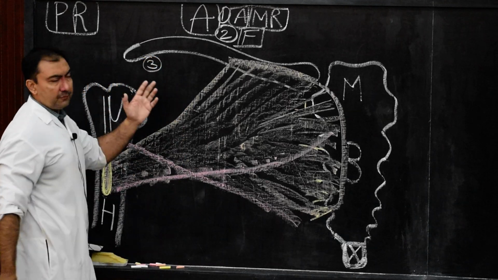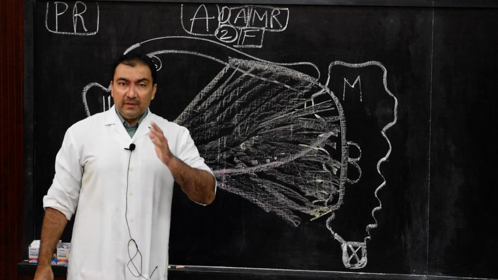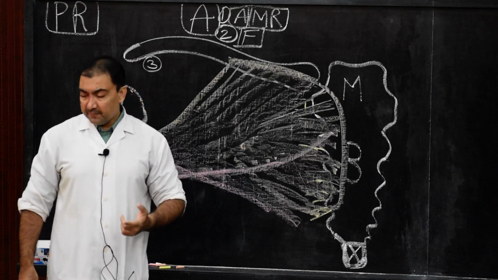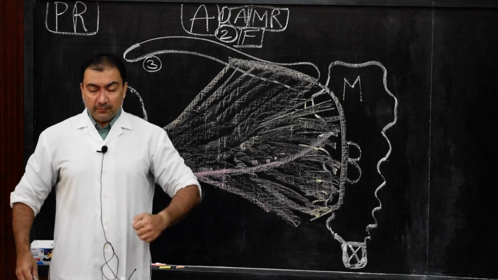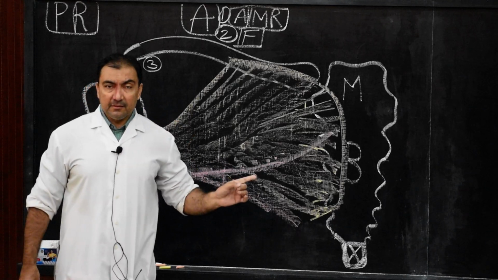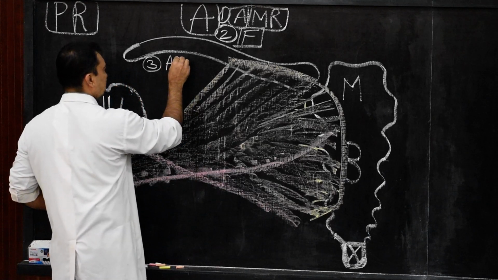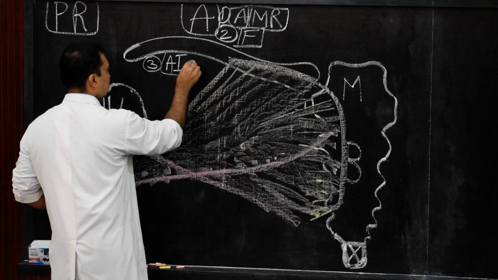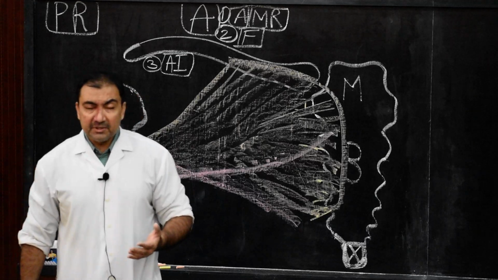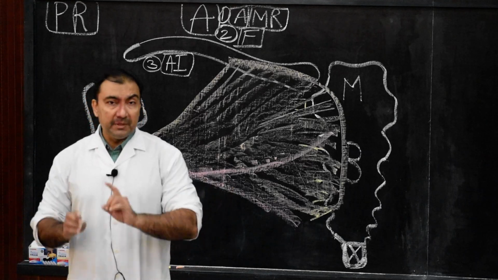The third important action will be that the entire muscle will act as accessory muscle of inspiration. In which condition? In that condition when the humerus is abducted. So when the humerus is abducted, at that particular point, this muscle will act as accessory muscle of inspiration. The pectoralis major will function as accessory muscle of inspiration in those conditions when the humerus is in abducted position.